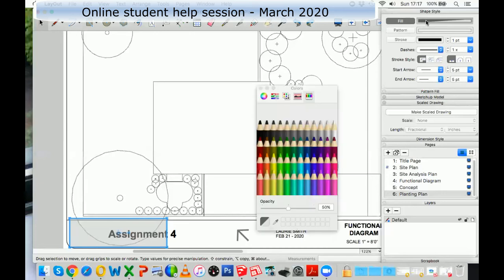So I'm going to go here, and opacity should be all the way up at 100. And it should be white. So we can go to snow. I don't know, whatever white is. Okay. Now, you'll notice that it's covering other things up. Yes, which is not what we want. What we need to do is